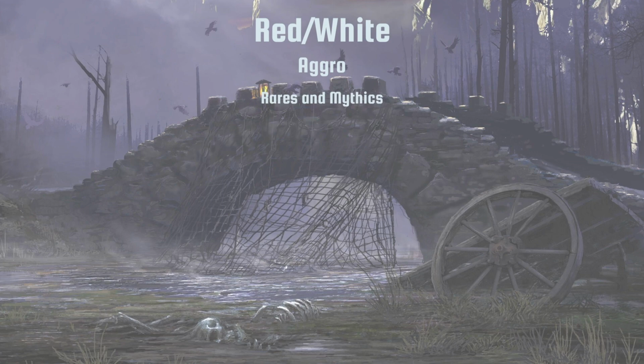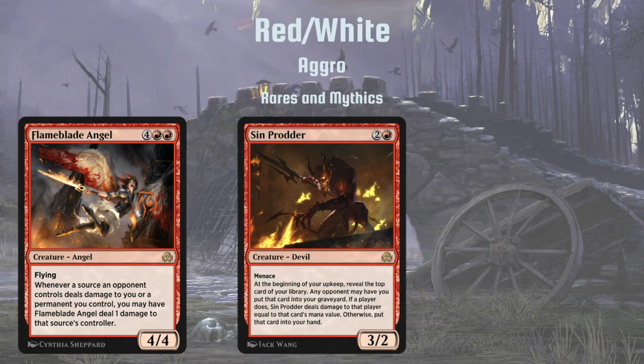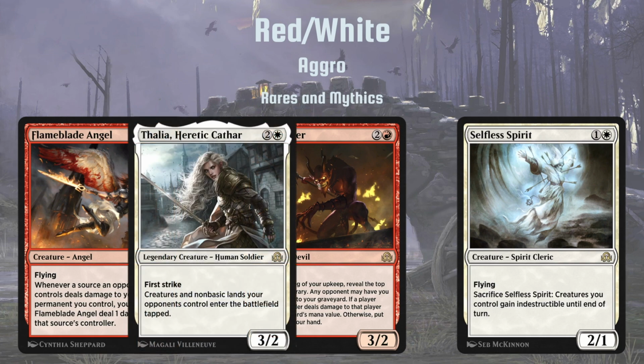Some rares and mythics you might want to keep an eye out for in this deck include Flameblade Angel, which can ping your opponent whenever they try to mess with you or your stuff. Sin Prodder is a 3/2 with menace that can also give you extra cards or even direct damage to your opponent. Selfless Spirit is an aggressively costed flyer that can also protect the rest of your board if needed. And Thalia makes sure that your opponents stay a step behind by making their creatures and some of their lands